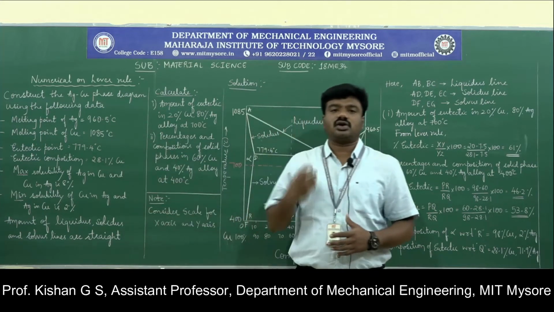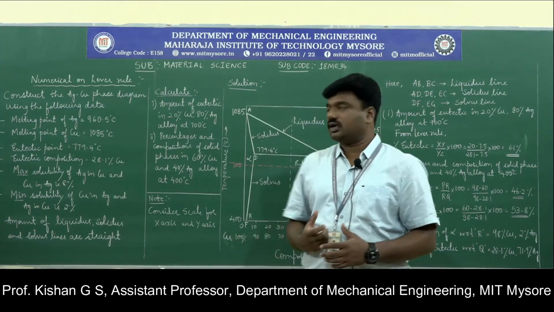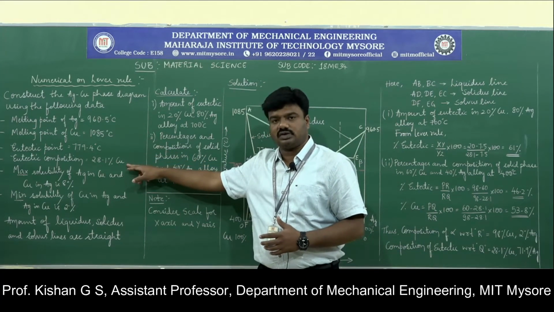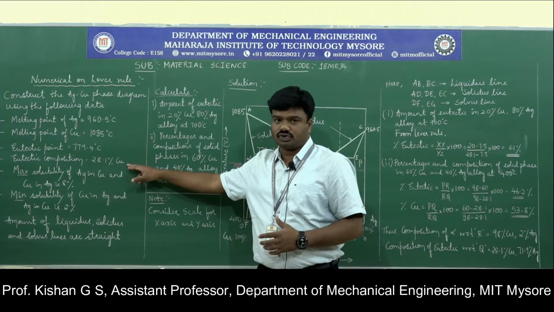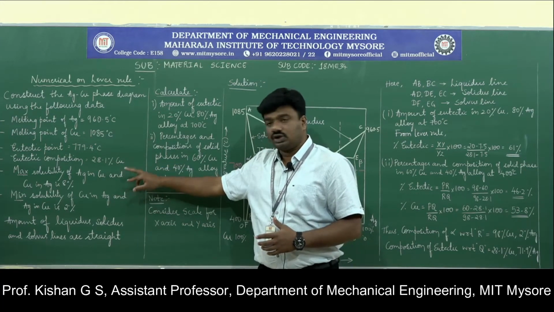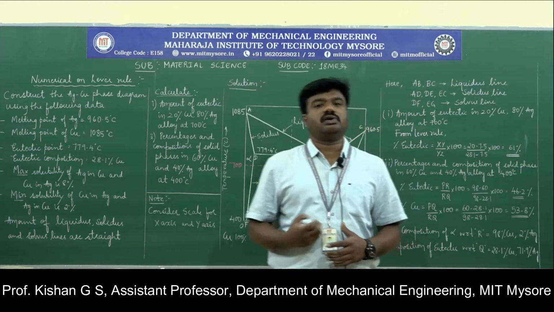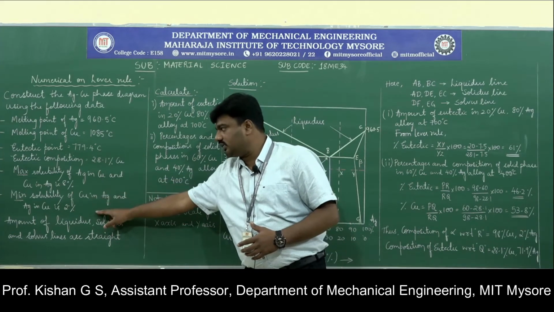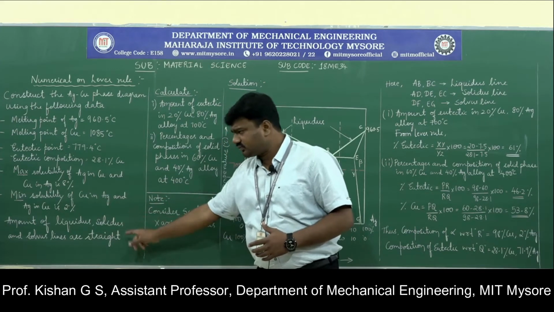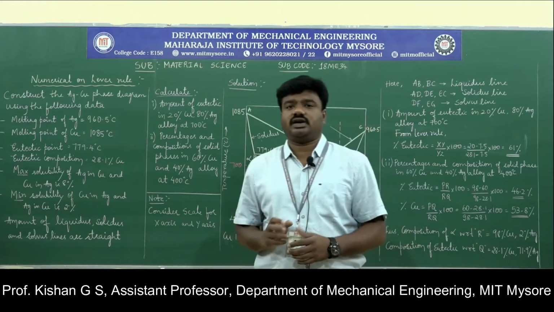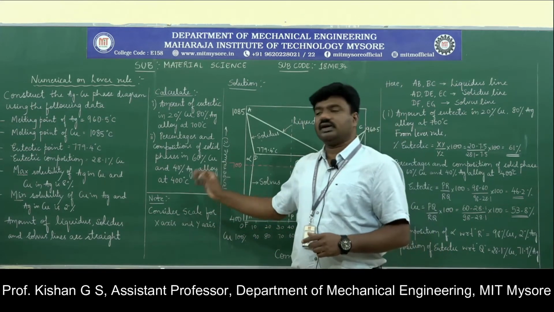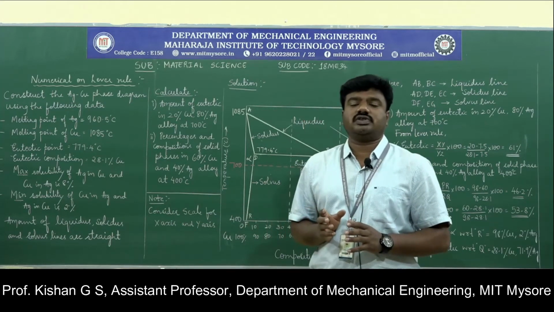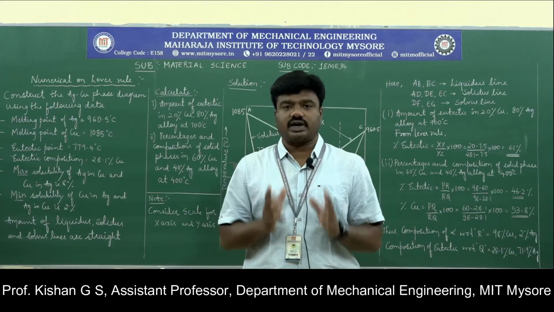This means that the system is a eutectic system. And once it is a eutectic system, the eutectic composition should be given, that is 28.1% of copper. Here we are given two more data, the maximum solubility and minimum solubility. Maximum solubility is 8%, minimum solubility is 2%. It is also stated directly in the data that the liquidus, solidus and solvus lines are straight, which means that when we construct the phase diagram, they should be straight lines.